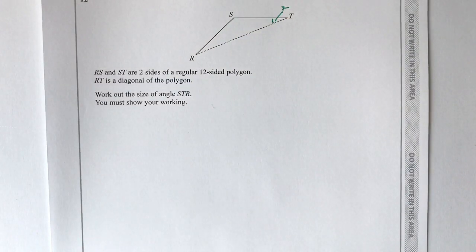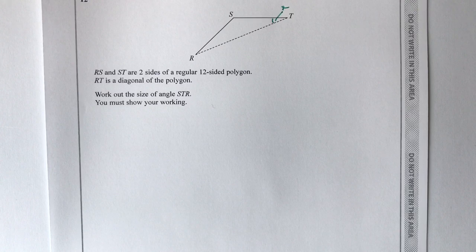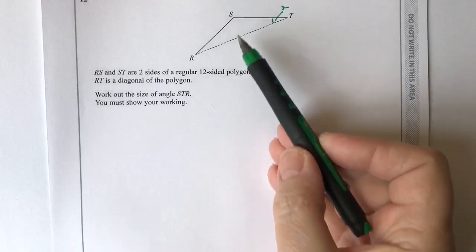Okay, but what it does tell us is that RS and ST are 2 sides of a regular 12-sided polygon. Okay, well, again, in the true traditions of these kind of word problems, I'm going to stop there, because knowing that bit of information, I can actually work out then the external angle of the polygon. If I can do that, I can then work out the internal angle, which is actually going to be this